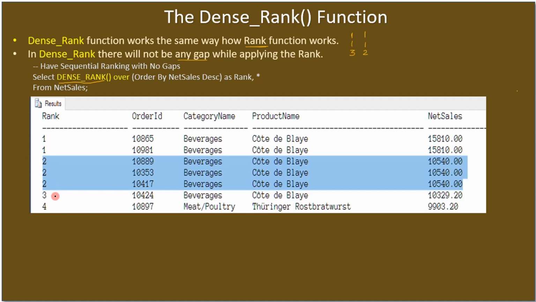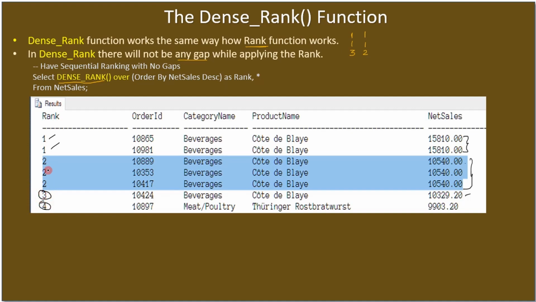3 plus 2, 5, 6, 7 rows are taken, and if you see here, rank is given as 1 and for the second one also 1 because they hold the same net sales. Then rank 2 is given for the second rank. Why? Because the net sales value here is 10540, right? The third one is unique, so the dense rank gave it rank number 3 and